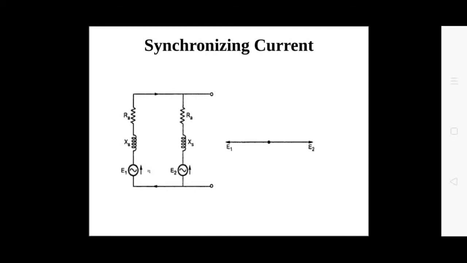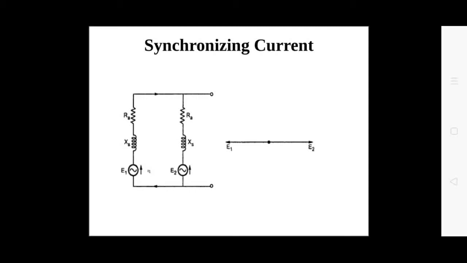After proper synchronization of alternators, they will tend to remain in synchronism. A synchronizing torque will be developed if any of the alternators drops out of synchronism and will bring it back to synchronism. Now consider the two alternators shown in the figure, which are in exact synchronism. Due to this, they have the same terminal potential difference, and with reference to their local circuit, they are in exact phase opposition.